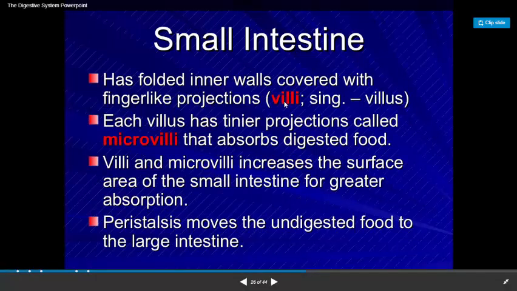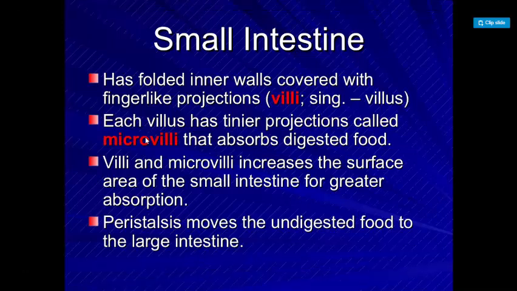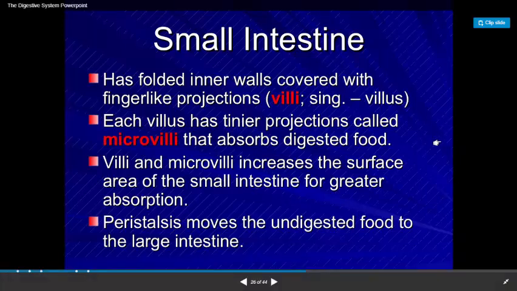Okay, the inside of the walls contains what we call villi. Villi are finger-like projections that help the absorption of the food. Inside the villi, there are microvilli, which are even smaller villi. As you go smaller, the walls become thinner, which helps the absorption of all the food and its passage into your cells.